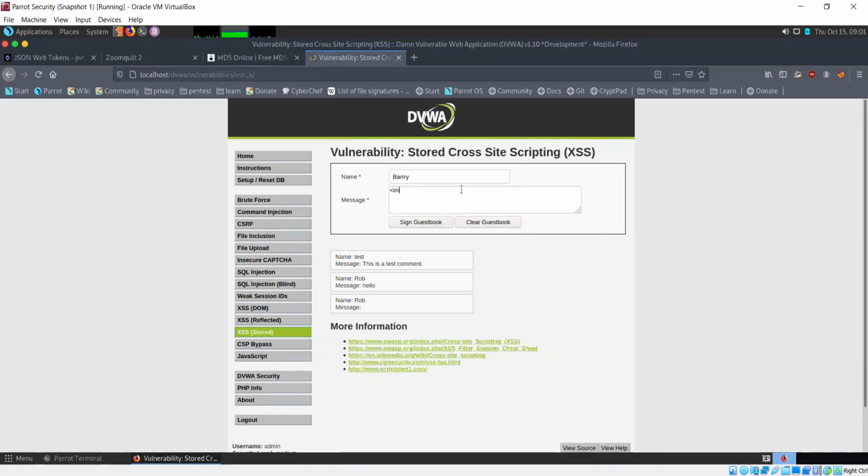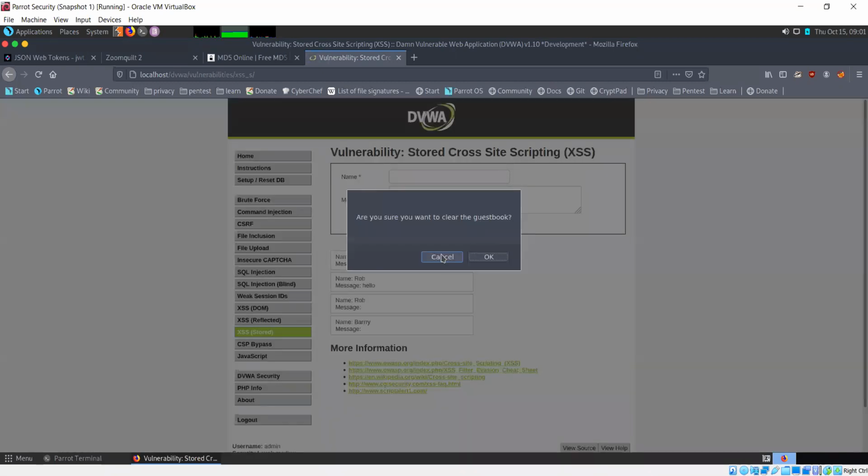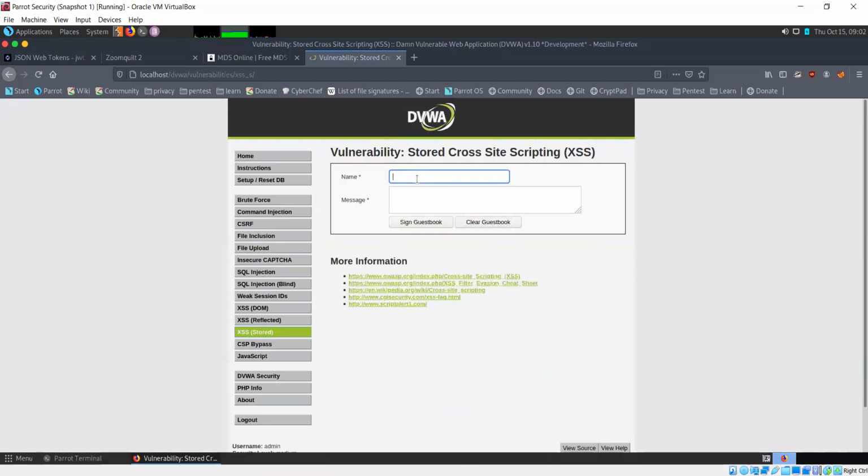Let's try a different payload this time, see whether that works. Sign guestbook. This is the one we're getting from the Rob entry, but the one that we're currently entering does not work. Let's try a different payload.